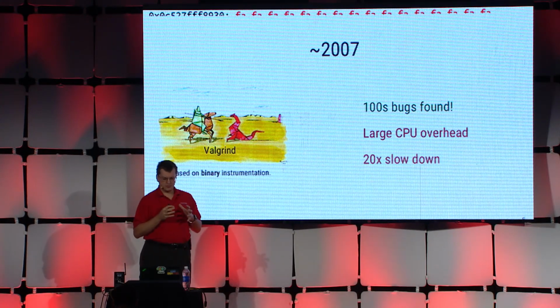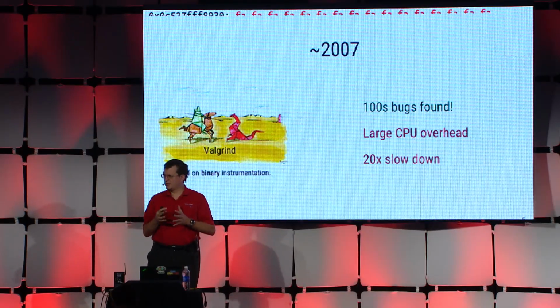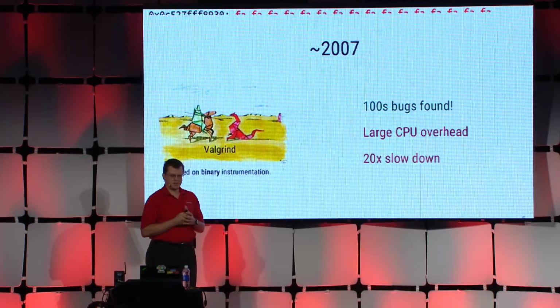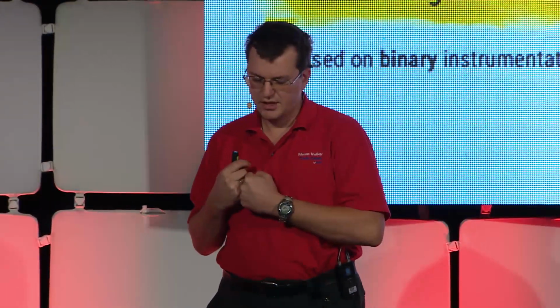But the weakness of the tool, which is a huge CPU overhead, did not allow us to move to a situation where we would like to see ourselves, which is other developers using the tools on their tests without our intervention. We tried hard. We found lots of interesting bugs. The developers were happy to fix them, but they were not eager to use the tools themselves. The reason, just one, too slow.